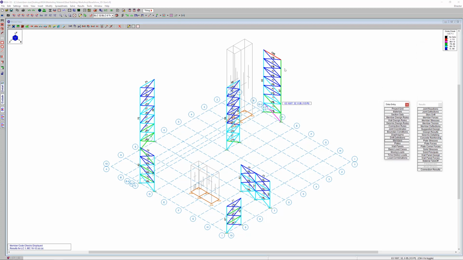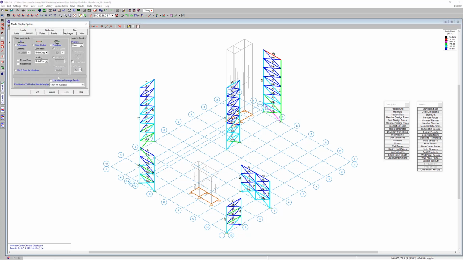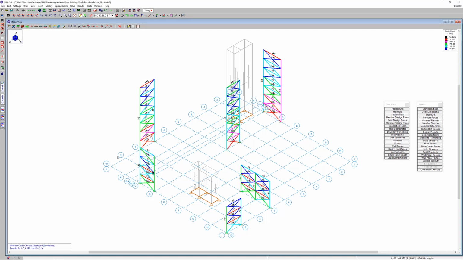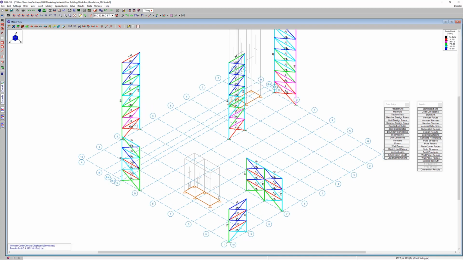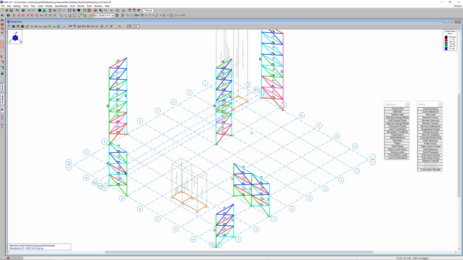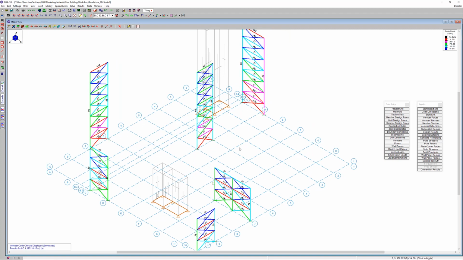Now it's very easy to see the members that are failing. The other thing that we can do here is we can select the result. So in this case, we're using that first combination. Let's choose to member envelope it so we can see, okay, worst case for all of these different members, here's what's failing, right? So here's our beams and our braces in a couple locations that are failing. So some of the braces at the bottom of the brace frames, those are the ones that are causing us